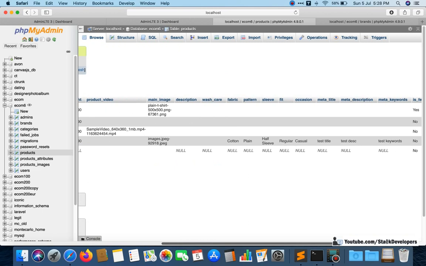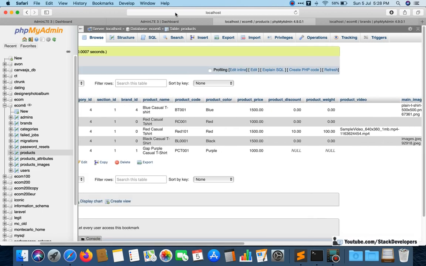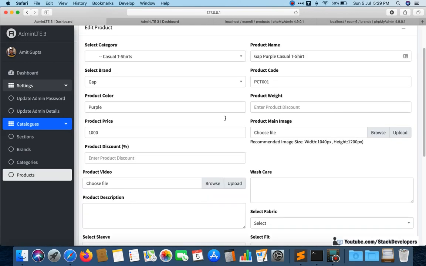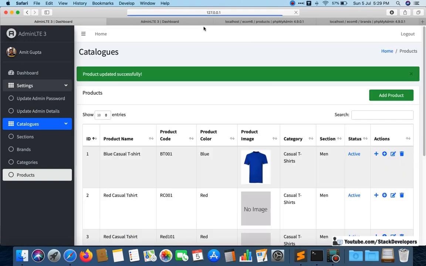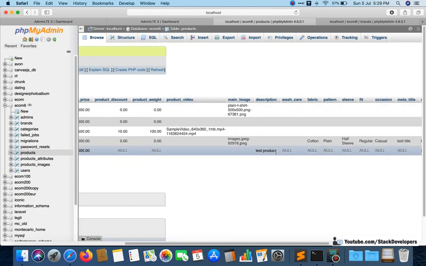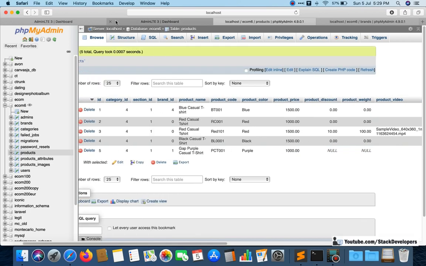You can see the null has come up for all these because we don't have the value for this one, and if you have a value, then you can update those values as well. Like if you are having this test product, the test product will come up next time. Okay, so you can do like this if such an error comes.